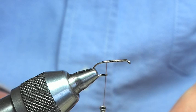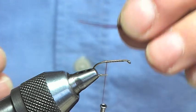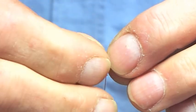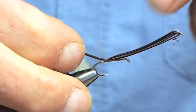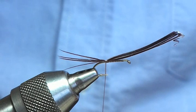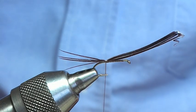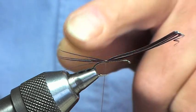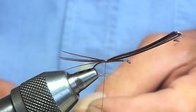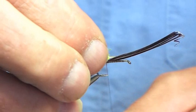Good friends of mine, Jerry Taggart and Gavin Rogan, were using this on Loch Earn, and a fellow colleague of mine, Keith Cole, rang us up all excited, saying it worked absolutely brilliant for him. So what we're doing there, the tail is going to be a claret cock pheasant, and what I'm going